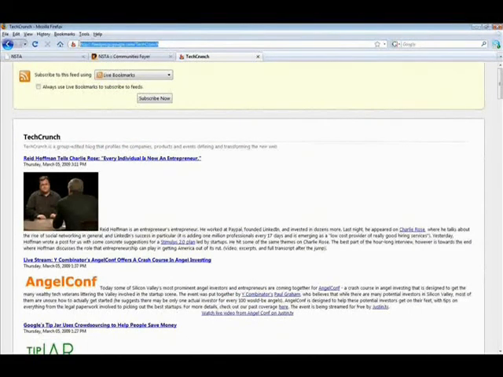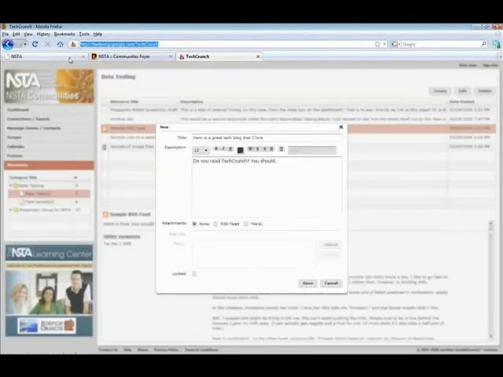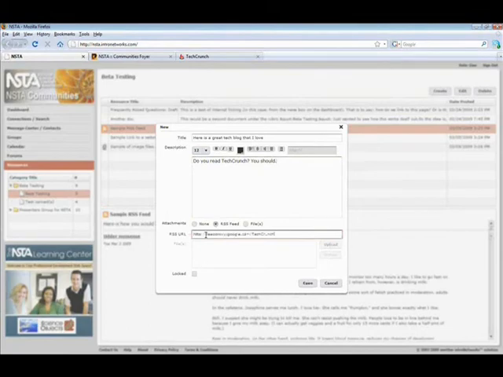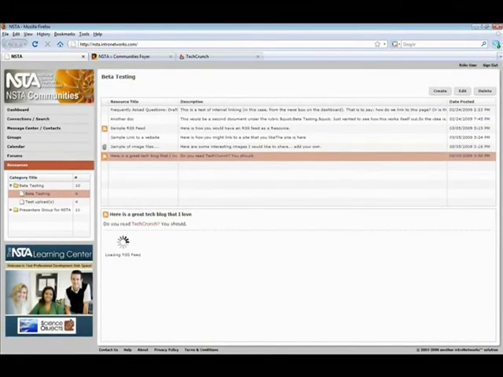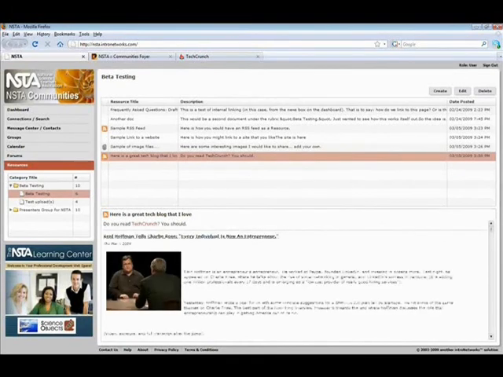And I'm going to grab that and come back over to my site. And I'm going to say, yeah, I want this to be an RSS feed. I'll just do that and save it. There's no limit to the amount of text that you put here. Again, all the text can be styled, given color, etc. So now I've just added the TechCrunch feed. There we go. So now what's great about this is you can have people contributing to one big area where